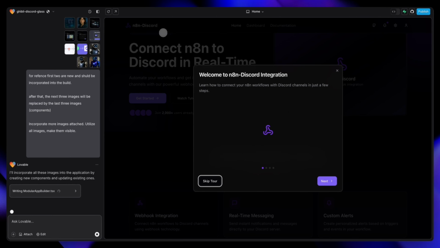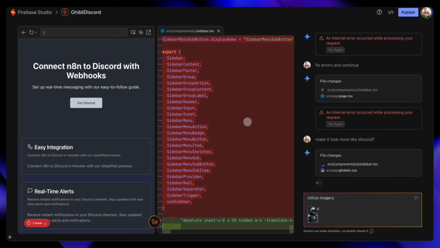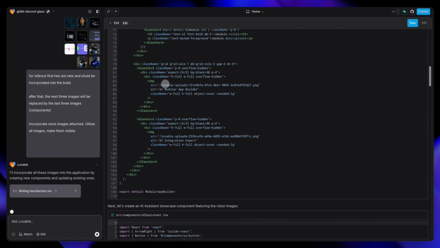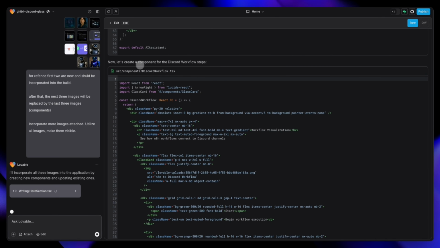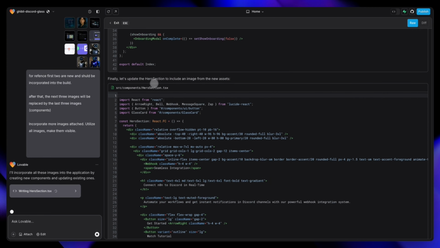And welcome to n8n Discord here in Lovable. It's the Lovable app. It's finishing up, and once it finishes, I'm going to see what it can do. So it's finishing up on the left. You can see I'm going to hop back over to Firebase. I know it's not going to read this picture, but I can't even get to making it tell me it can't before it's not even finishing what it's supposed to be doing. So there it goes. And this is Lovable creating all these components. It's just going in. So when I gave it that picture and told it everything to do with those pictures, it started going to work, started going to town. And that's what I want to see.